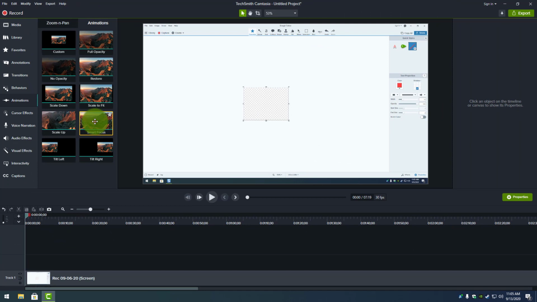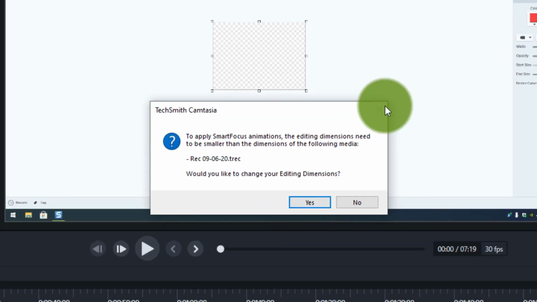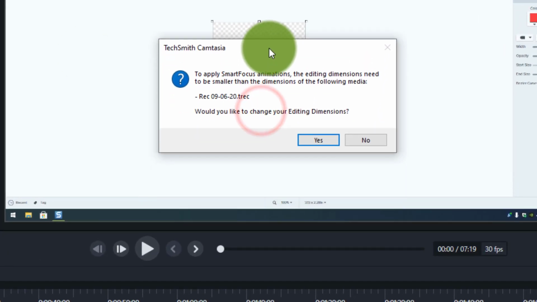So if I click and drag SmartFocus down onto my recording in the timeline, a box is going to pop up saying, to apply SmartFocus animations, the editing dimensions need to be smaller than the dimensions of the following media. And then it lists the recording. Would you like to change your editing dimensions? This is required. If you hit no, SmartFocus isn't going to apply and it's not going to work. So we hit yes,